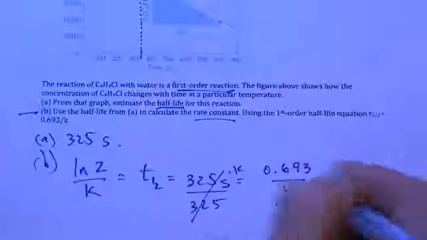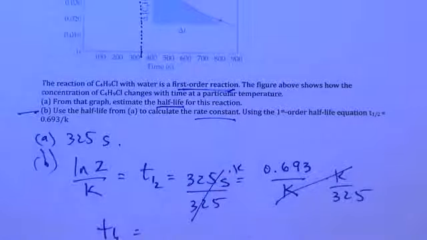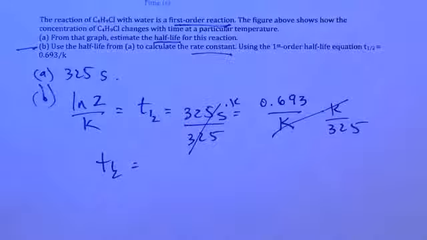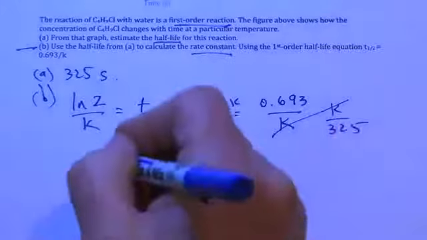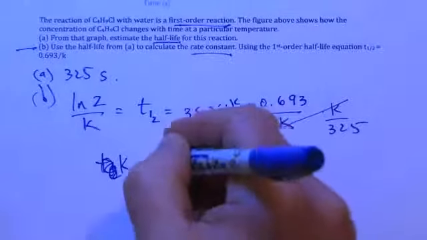The 325's cancel, the k's cancel, and I get k equal to, let's see, 0.693 divided by 325. I put T1/2 in there, and I get a k equal to